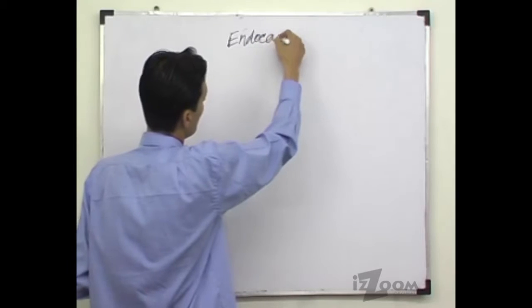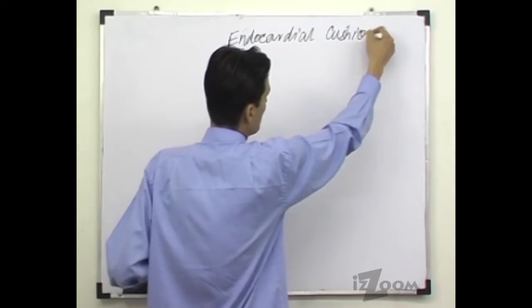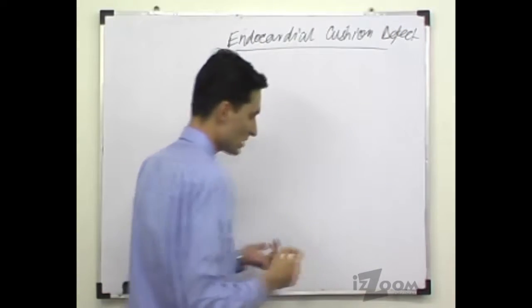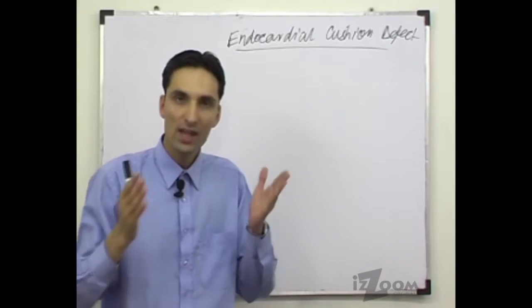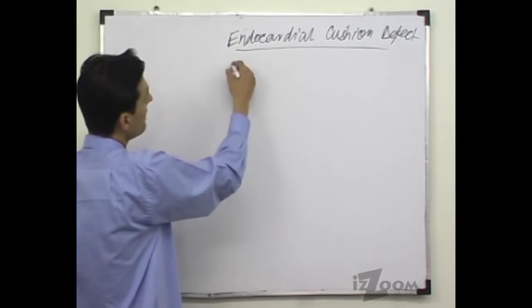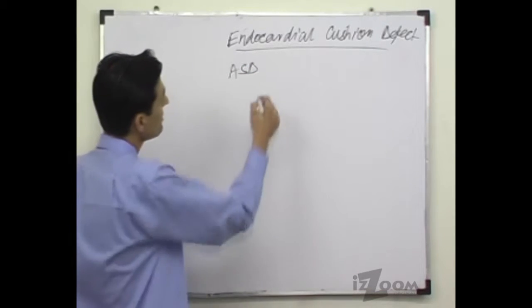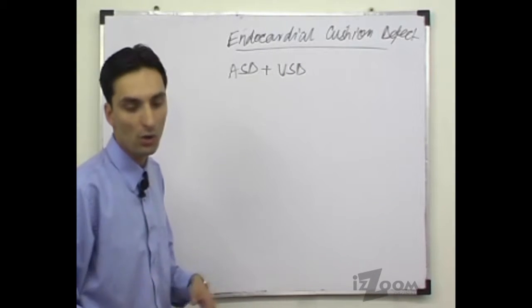Endocardial cushion defects. In endocardial cushion defects, what happens is that there is an atrial septal defect in these neonates, in these infants, associated with a ventricular septal defect, and also associated with